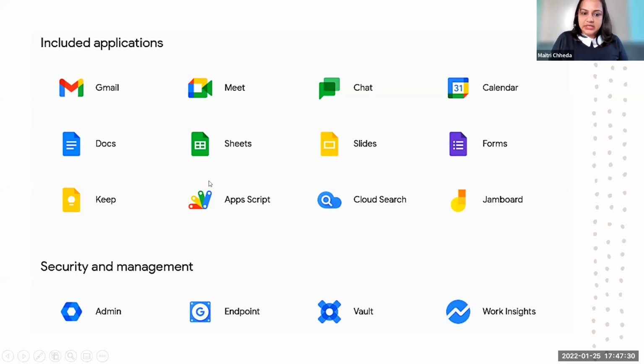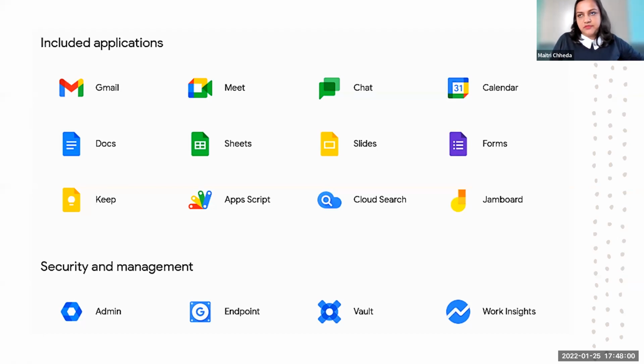What is not included in the free version is Apps Script, Cloud Search, Jamboard, and the Admin console. These are the extra versions, and this is what gives you extra security, which is not provided. Also, a lot of features in Gmail, Docs, Slides and Drive, which are usually present in the licensed, paid version, would not be present in this. But more or less, we don't have to worry.